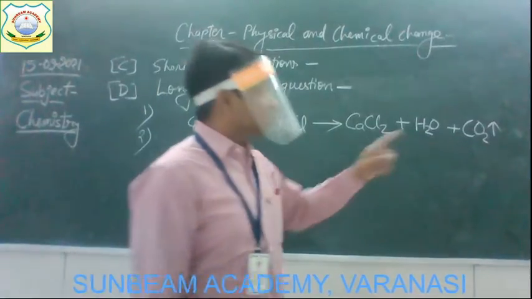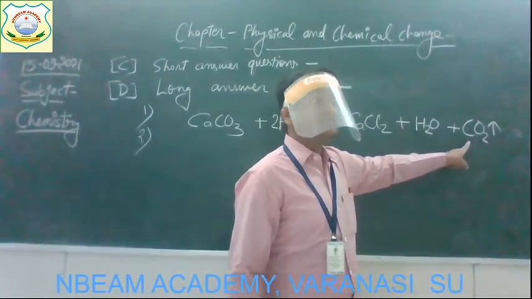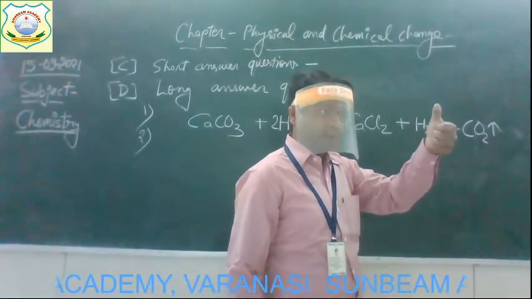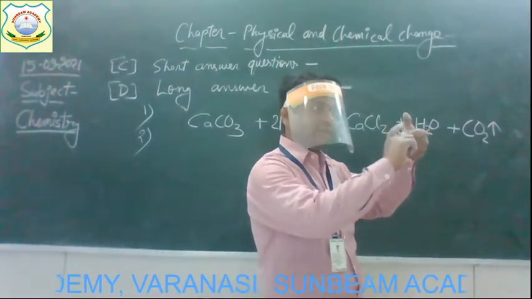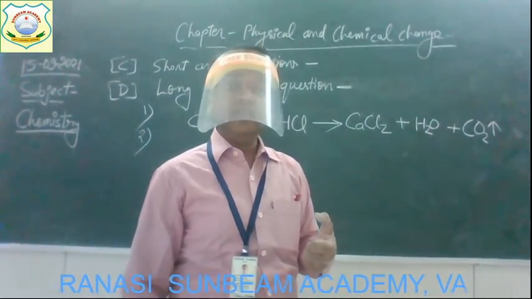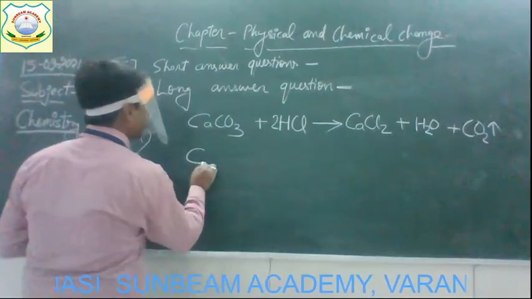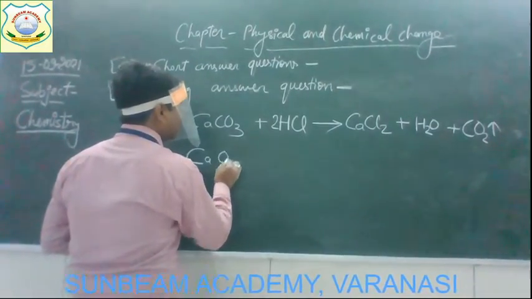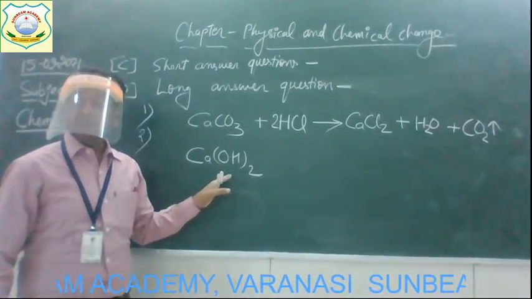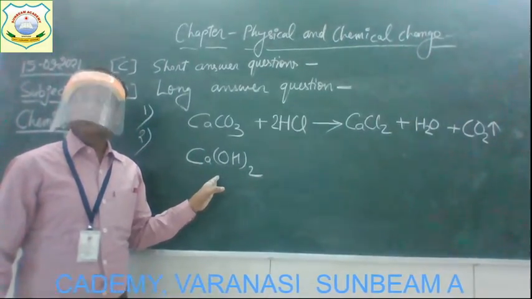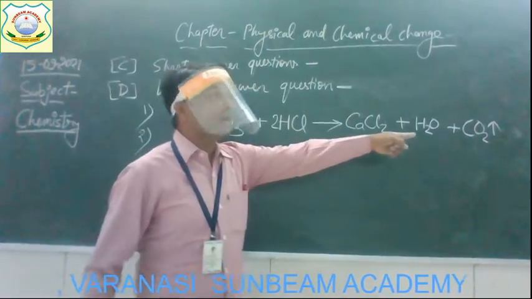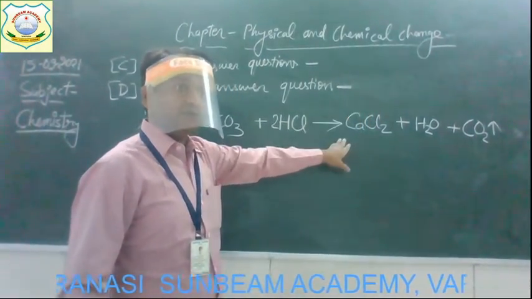And what will we do? The gas which is coming here, collect this gas in a test tube and just apply the thumb on the test tube. When the gas is filled, now add calcium hydroxide to it. What will you add? Calcium hydroxide, and the formula is Ca(OH)2. Ca(OH)2 is the formula of calcium hydroxide. So when calcium hydroxide is added to the gas coming from the first reaction,